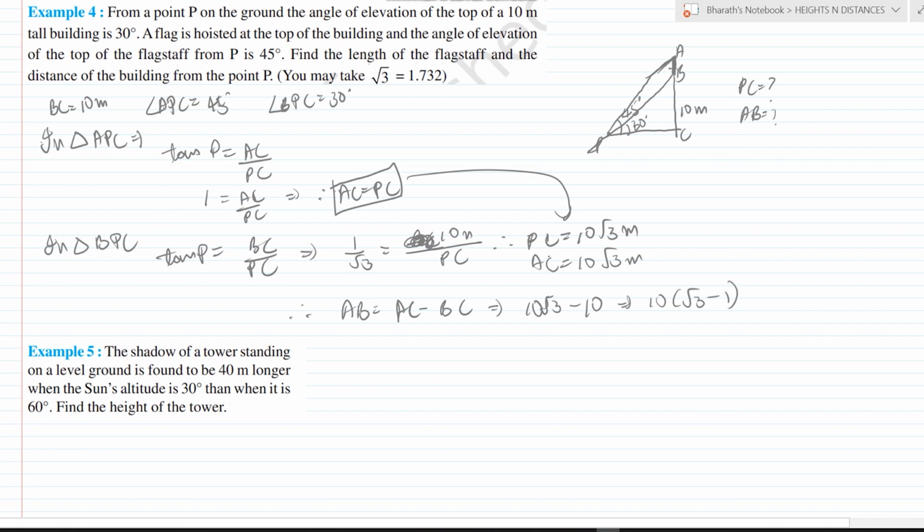Fine. Now you can substitute the root 3 value inside this and get the final value. It's up to you. And at last, by declaration, the length of the flagstaff is 10 into root 3 minus 1, and the distance of the building from the point P is 10 root 3 meter. Fine. The units are